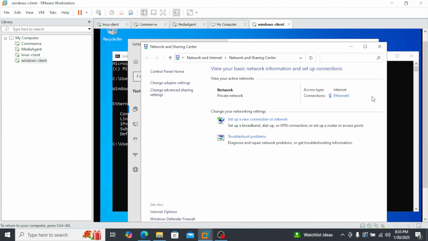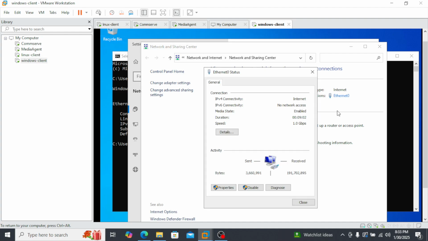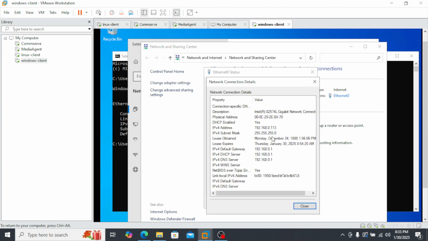Yeah, so there you can see Ethernet, right? So you see the current details. It will provide you the IPv4 address. So you see that this is the DHCP server address, right? And the IP address of this machine is 113. So this IP is configured from the DHCP server. So just remember the gateway